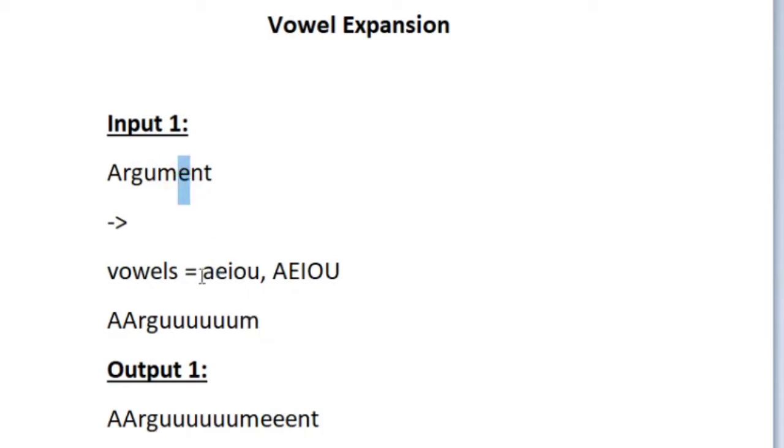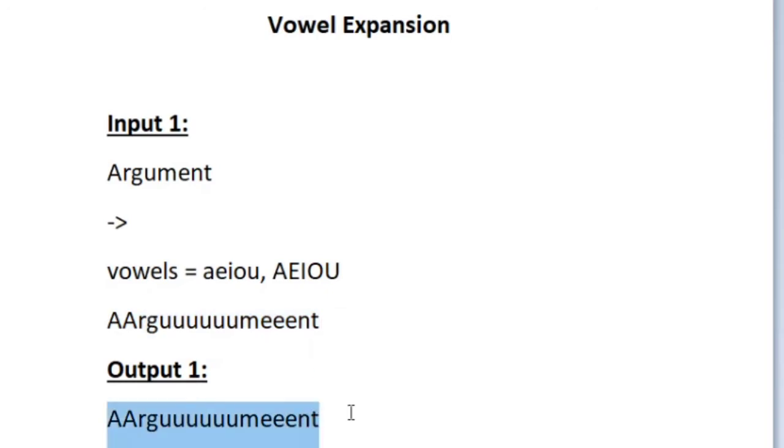And then E. E is a vowel and it is the second vowel. So we print it for totally 3 times because one E is from the given input string and then we repeat it for 2 times. So totally 3 E's will be printed. And after that the next character is N. N is a consonant, so we print it only once. Similarly, the last character T is also a consonant, so we print it only once. So this is how we print our output.